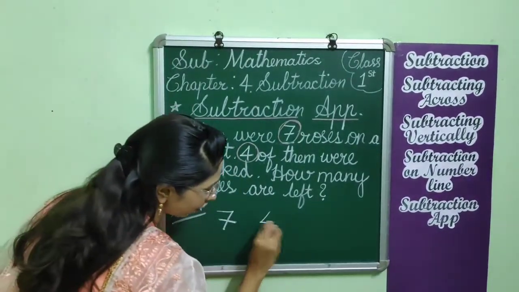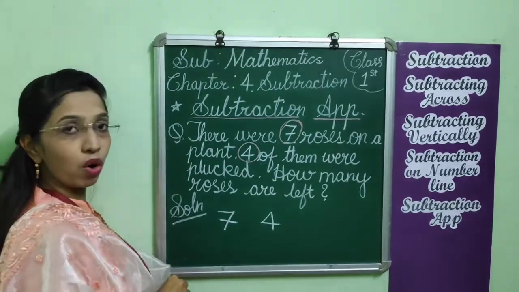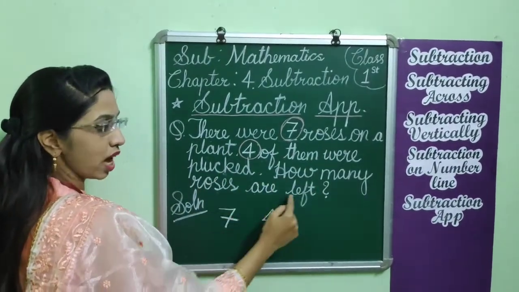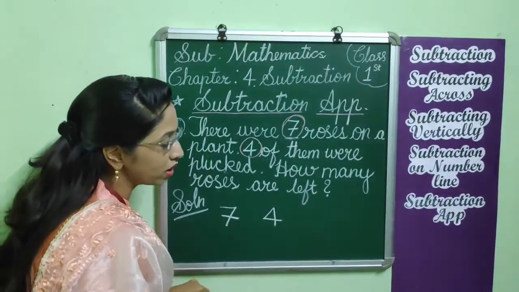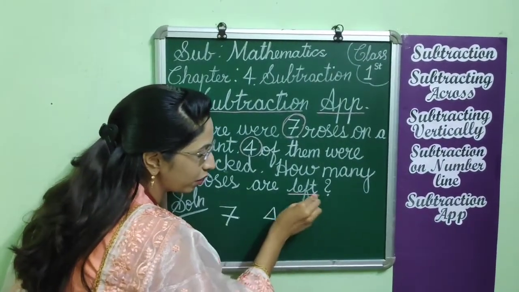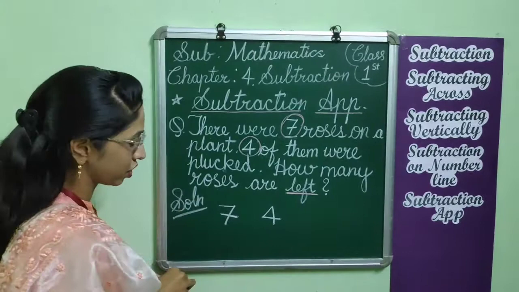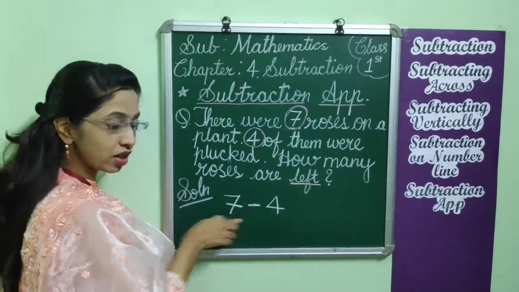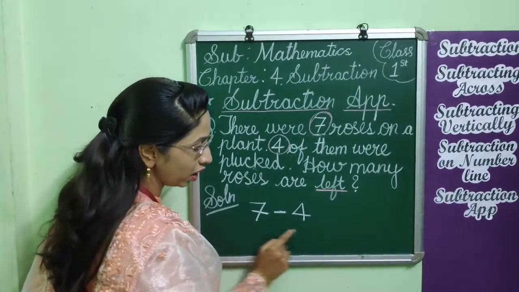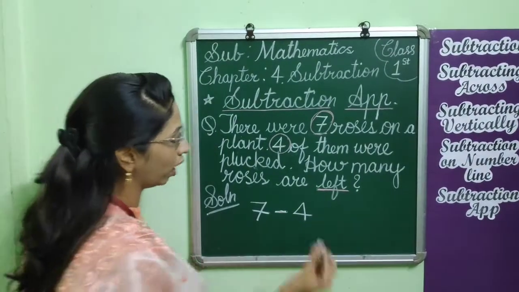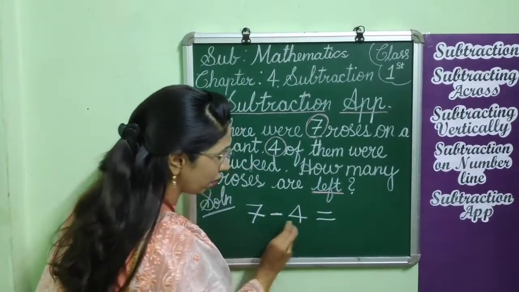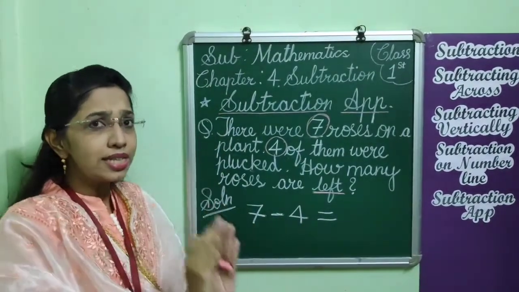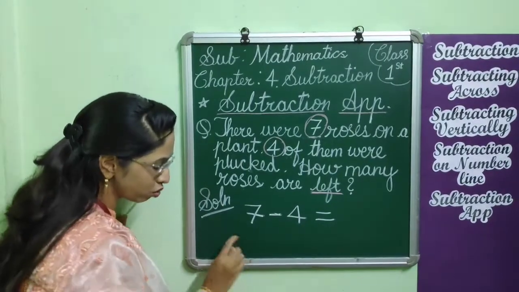So write the next number, 4, of them were plucked. How many roses are left? Left. What is this? Left. Left means you have to subtract. So minus sign. How have we arranged this? We have arranged this number in a sleeping line way. So 7 minus 4 is equal to...